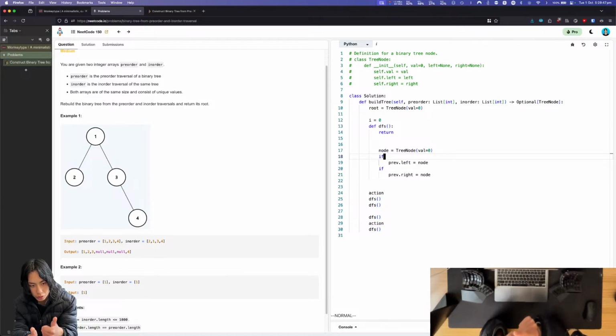So pre-order, you get 1, you find 1 in order, and you say the left and right will be the left and right nodes of 1. And then you look at 2 in pre-order, well, that's already satisfied. 3 already satisfied. 4 not visited. So does 4 go